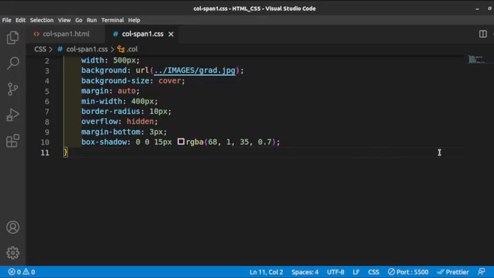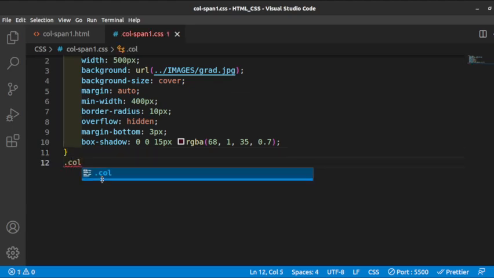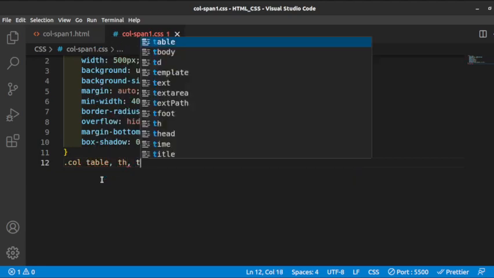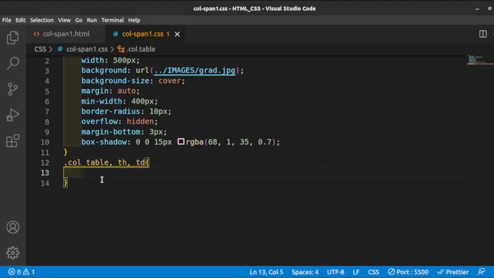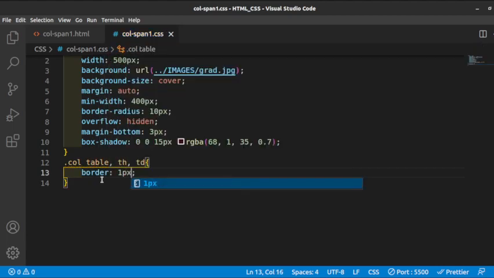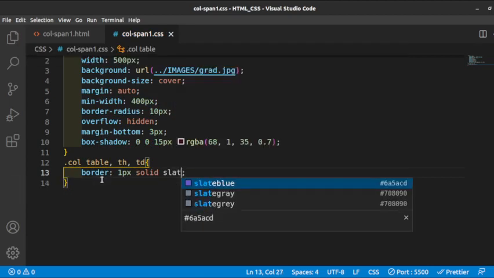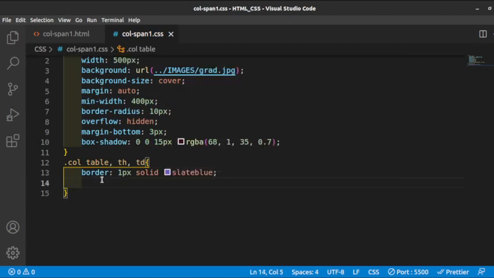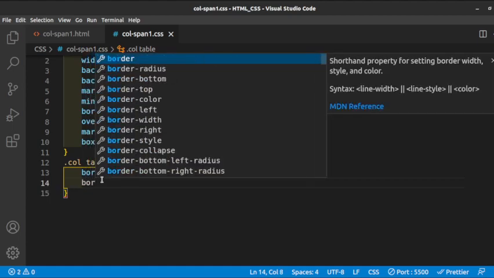So this is what we have. We can see how to work it out properly. We can, for example, say dot column, then we have table, the table head, the table data, and then we can say that border is, say, 1 pixel solid, maybe slate blue. We could say that border, then